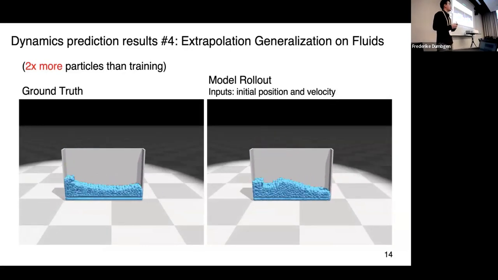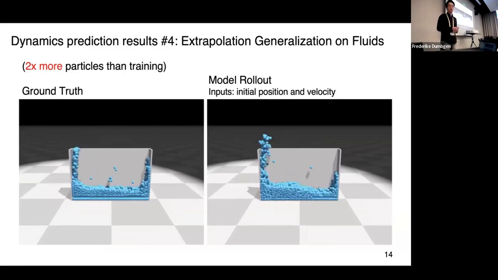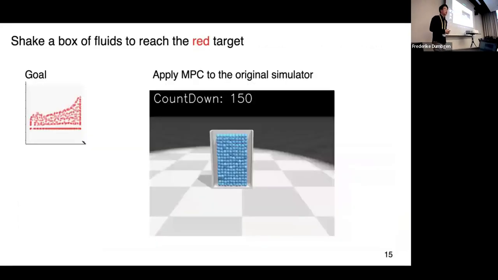Here we show our system can generalize to 2 times more particles than during training. Then we use this dynamics model. This is a forward model. Remember, our goal will always be to help the robots do the control task instead of just learning the forward predictive model. Here we are showing that by combining this neural dynamics model with a model-based planning framework, we'll be